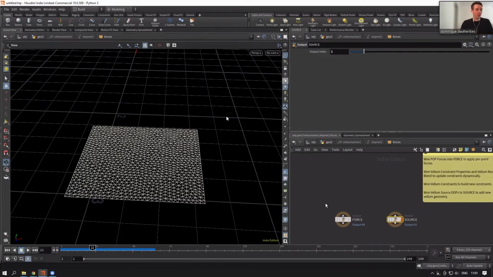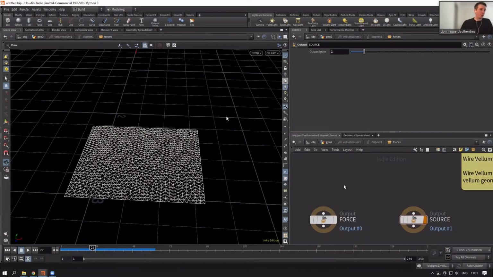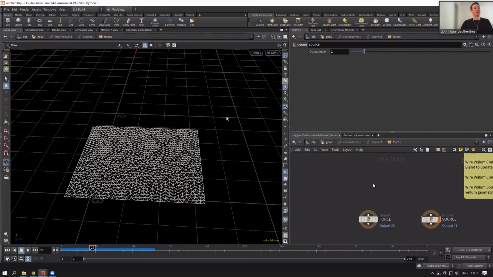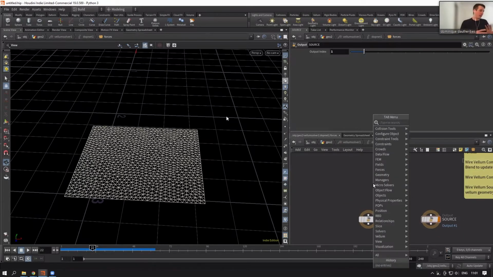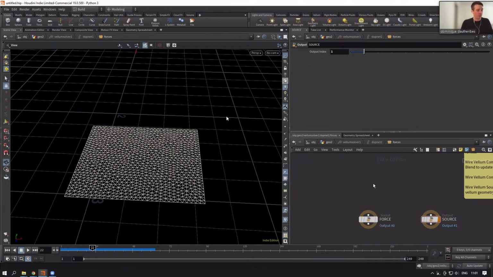If you double click into the Vellum solver, you get into another level of the solver. We see we have 2 nodes that have already been created by the Vellum solver node. One of them is forces, and that is pretty useful. It allows us to add more forces to the simulation. So far, we have 1 force, which is gravity. If we hit here,